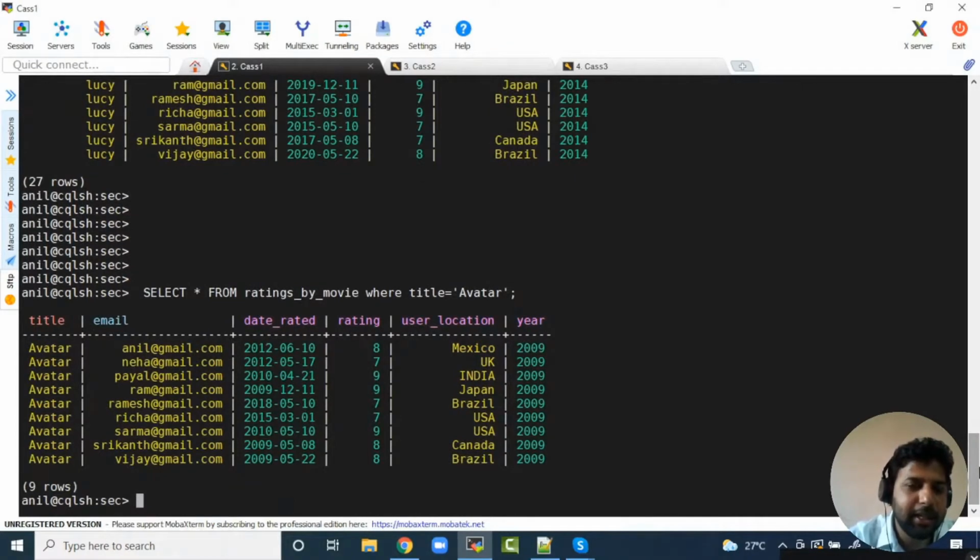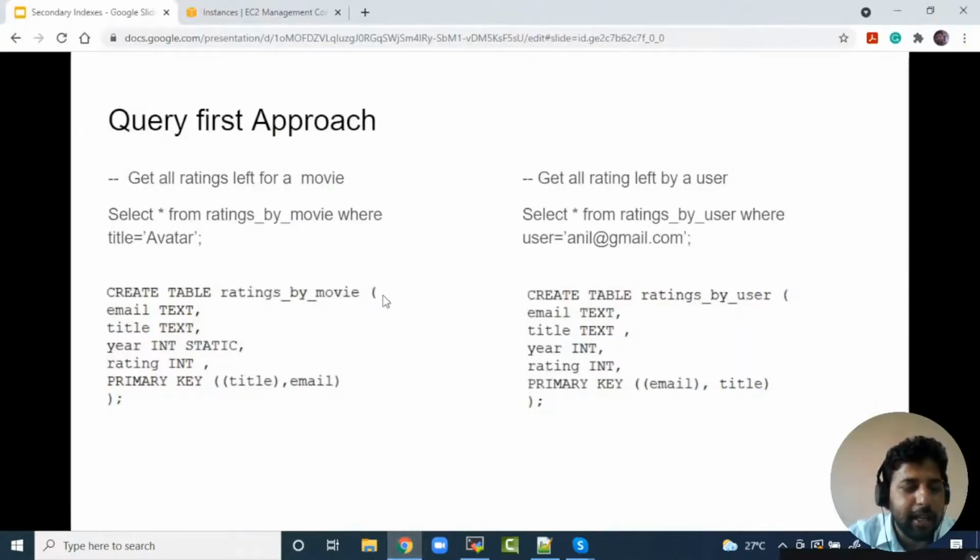But because you are getting an advantage from one side, there is a flexibility issue with your select queries, especially with the partition key. See what I mean by that. If a client came today and asked me, "Anil, can you give me rows for a particular user?